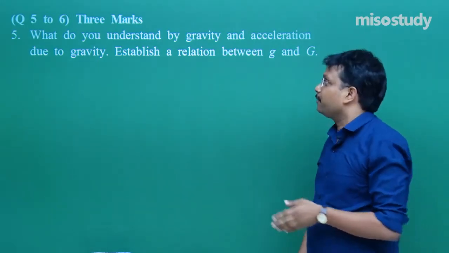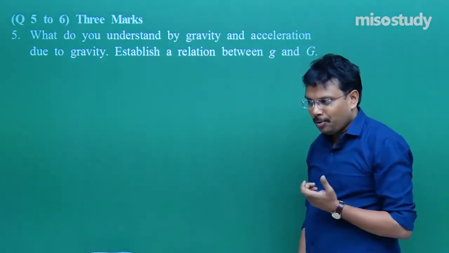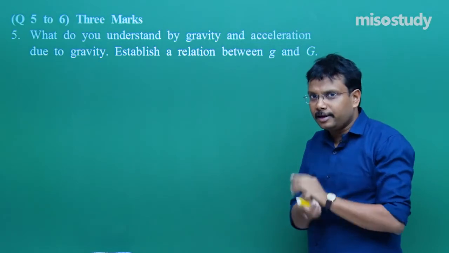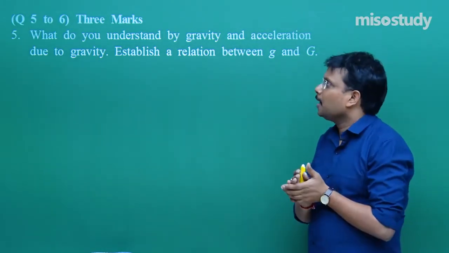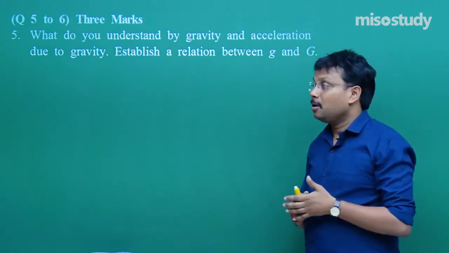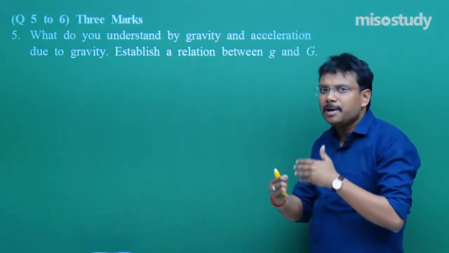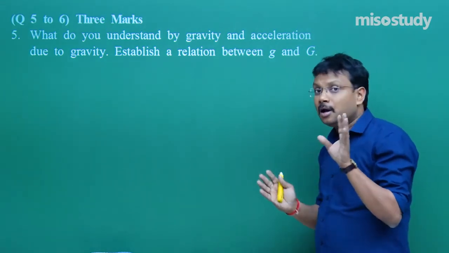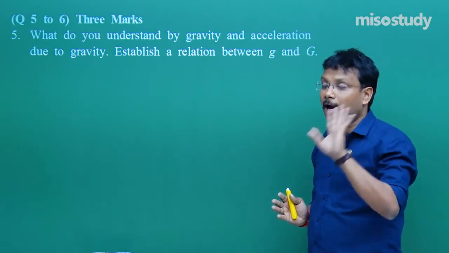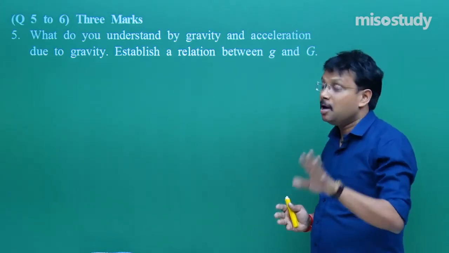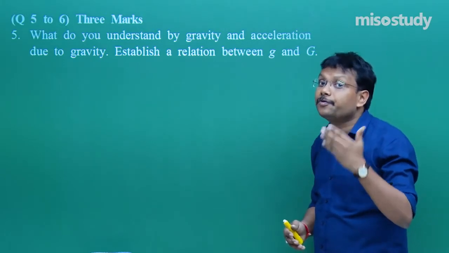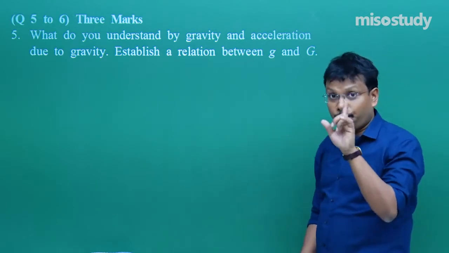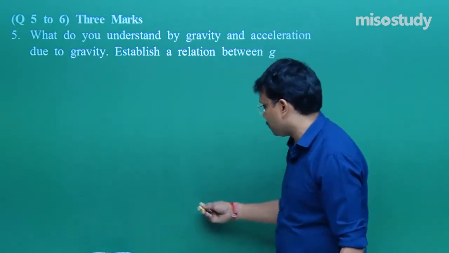This is a theoretical question for 3 marks. So, if you write it in pointed form, fine, just small sentences, very clear, without any ambiguity, you will get 3 marks. But if you start making loops, this is gravity, this is acceleration, this is that, then the teacher will get confused and you will not get 3 marks. So how should you tackle these types of theoretical questions? Just because of that reason I picked this. What do you understand by gravity? The first part of this question.